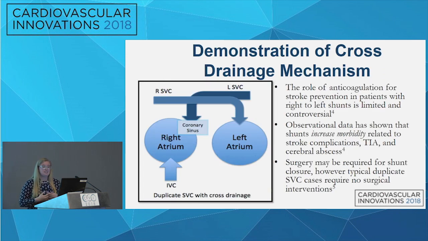To demonstrate the mechanism of cross drainage, you can see in the schematic I drew here, we still have, retained from the prior slide, the left SVC draining into the coronary sinus, and now you can see the shunt itself. So right SVC into the left atrium. The role of anticoagulation in this population is highly controversial and very limited, which is obvious. The observational data we do have on right to left shunts shows there is increased morbidity related to stroke complications, TIA, and cerebral abscess. So surgery, though not typically required for usual duplicate SVC patients, was recommended in this case